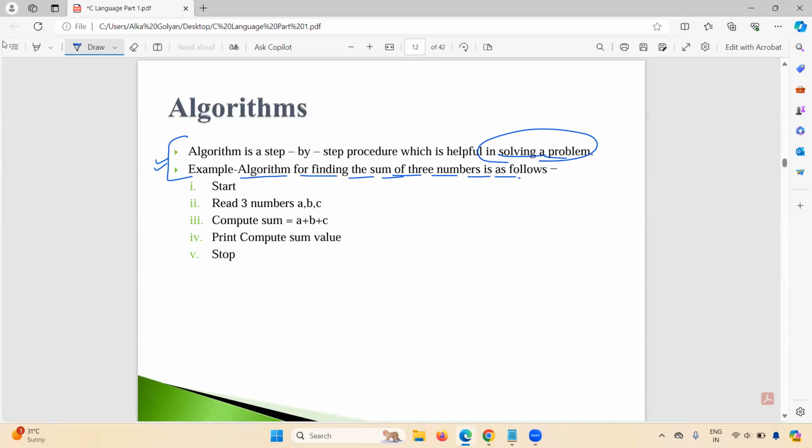The problem we need to solve is the sum of three numbers. For this purpose, we need to take three numbers, that is A, B, C. I'm putting 10 in A and 20 in B and 30 in C. I need to add all these three. For an algorithm, there are always steps available. So the first step says that